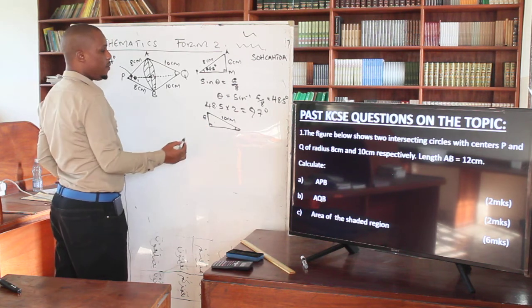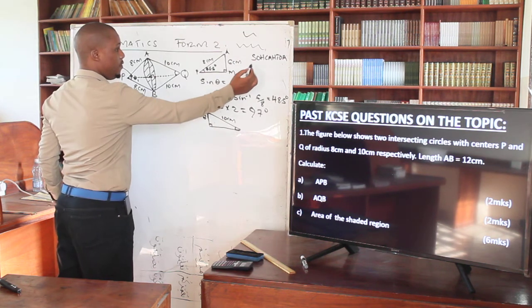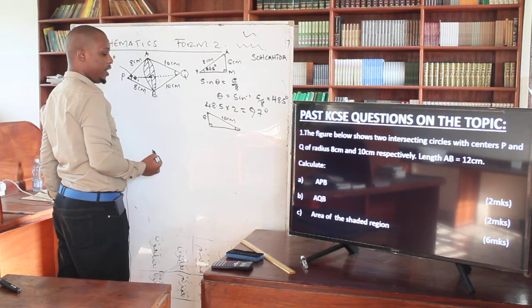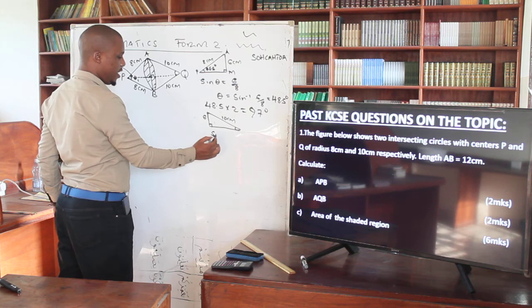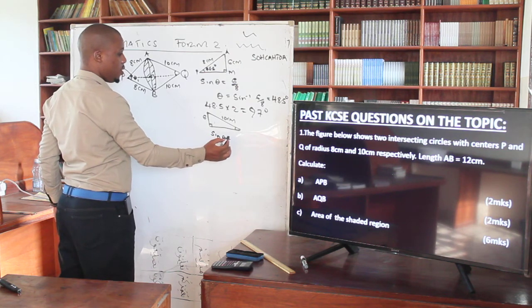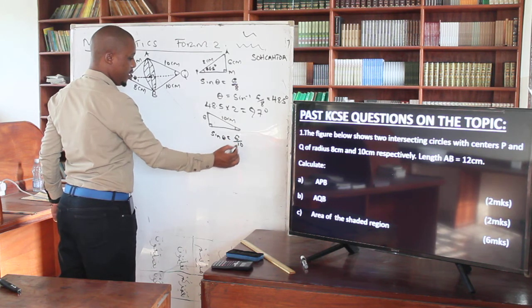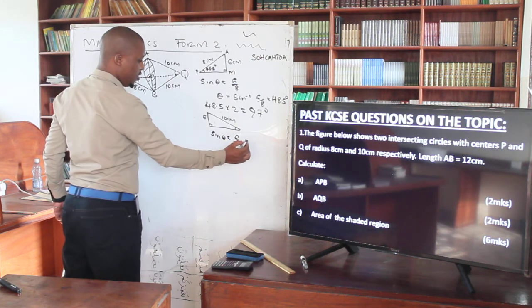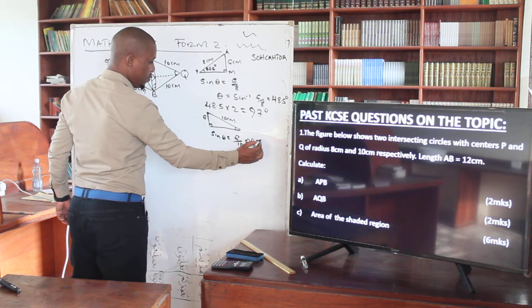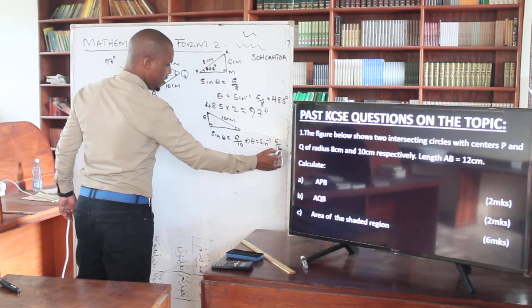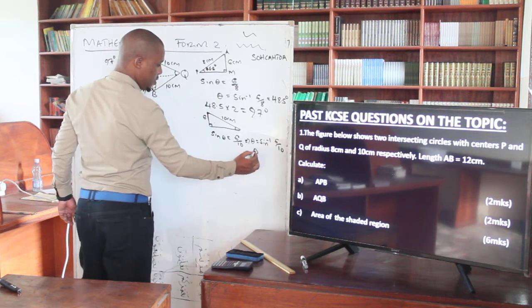So again, without much wasting time, SOHCAHTOA, you need this angle, so we're going to use opposite over hypotenuse again. So this one is going to give us sine theta. It's going to be equal to opposite, which is 6, over hypotenuse, which is 10. But we need the theta. The theta is going to be given by the sine inverse of 6 over 10. So from your calculator, you get your theta is what?